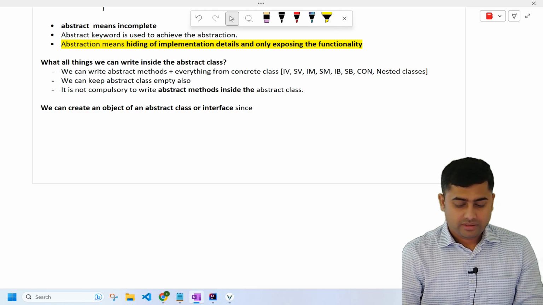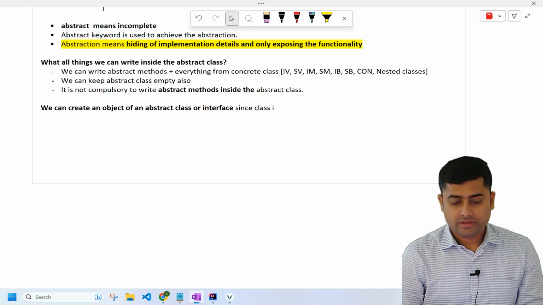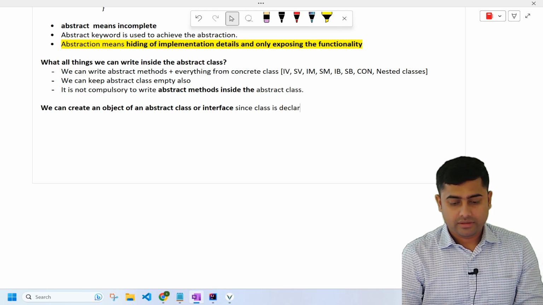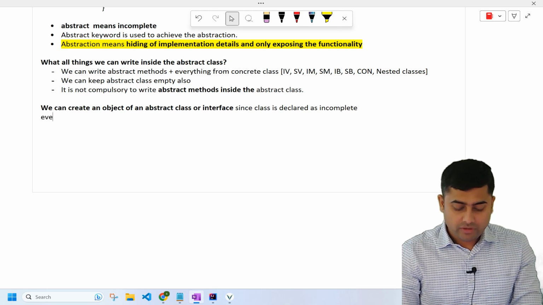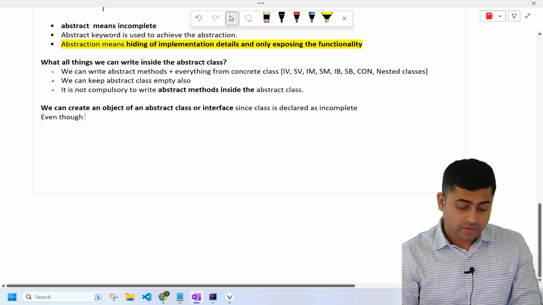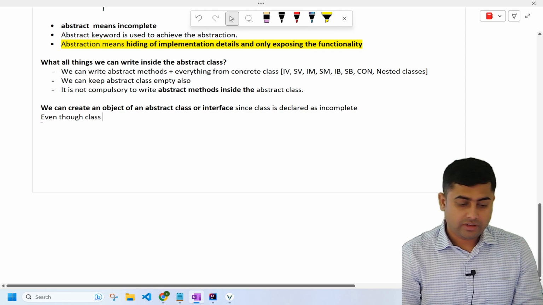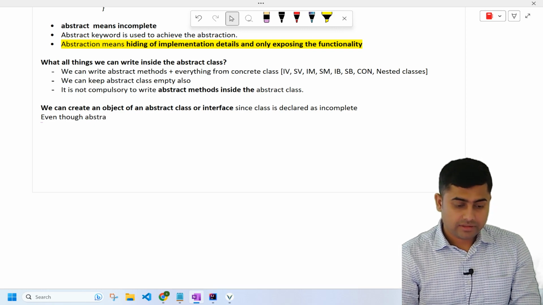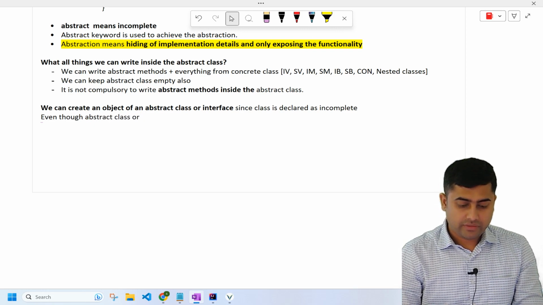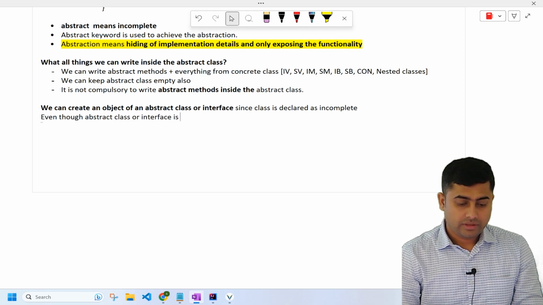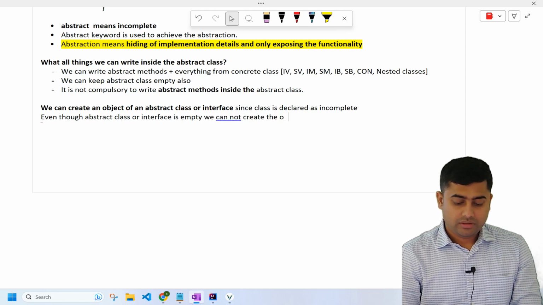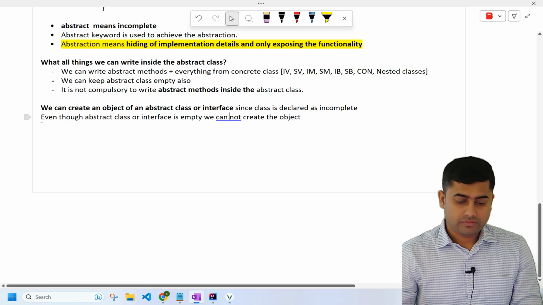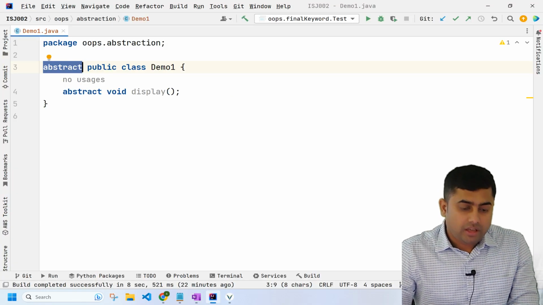Since the class is declared as incomplete. Remember, even though an abstract class or interface is empty, we cannot create the object. What am I saying? Even though it is